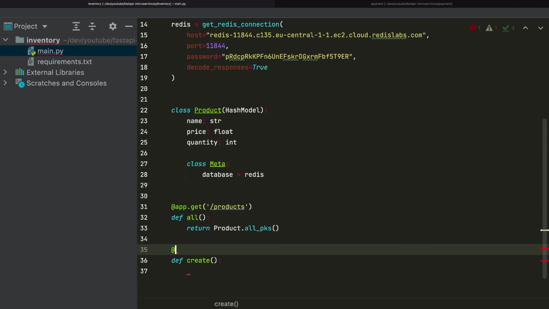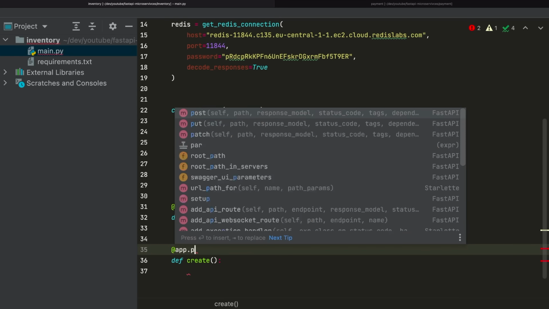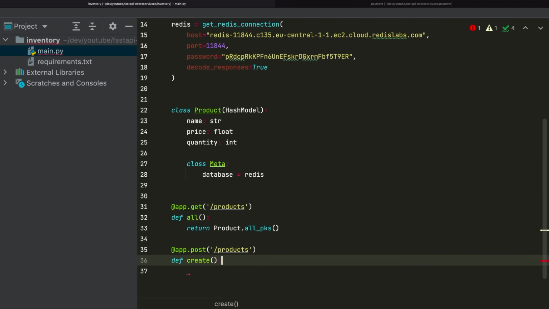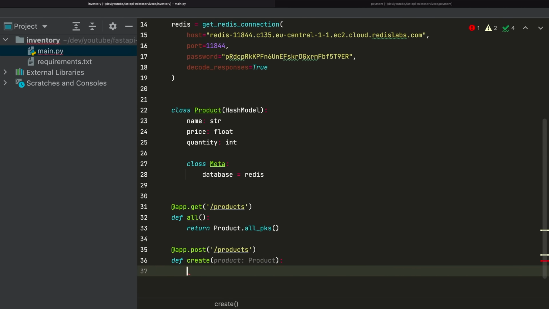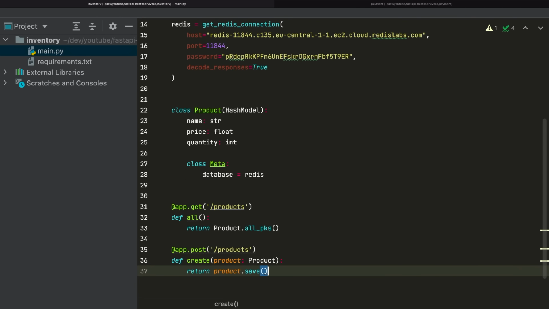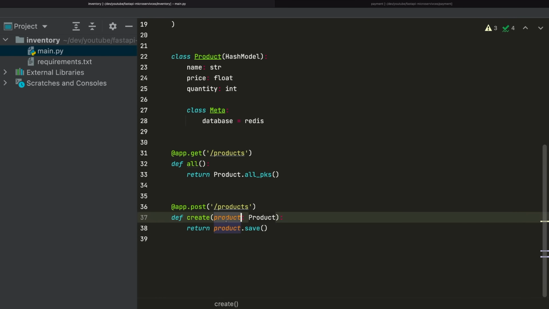First I will add here the method, so app post method to /products, and to create a product we need to pass in the parameters here the product itself as a product, and we need to return product save. It is this simple. So the parameters that we need to send in the request are the name, the price, and the quantity, and the rest will be taken care of by FastAPI. So let's see